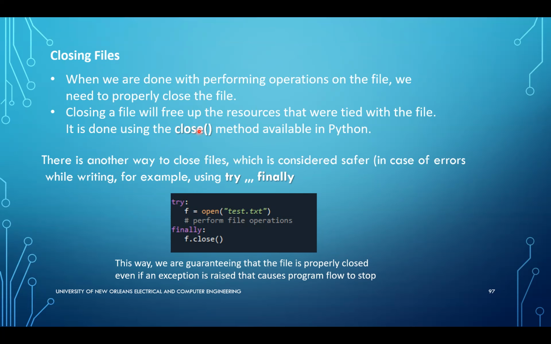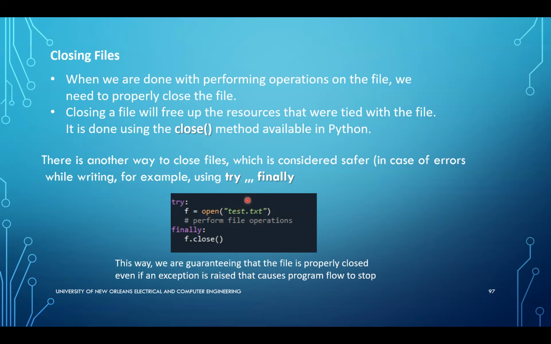And so what they use is what's called the try, and then something in between, finally set of statements here. Now, this again will accomplish the same thing you accomplish with just saying f.close. It's going to be the same thing. But this way, Python guarantees that the file is properly closed, even if an exception is raised that causes the program flow to stop. In other words, let's say, for example, you're reading a file and something happens,